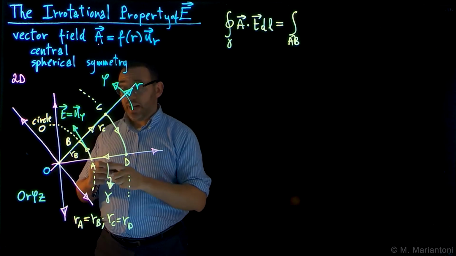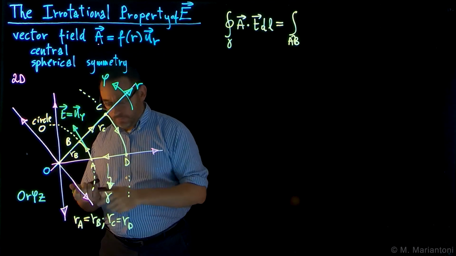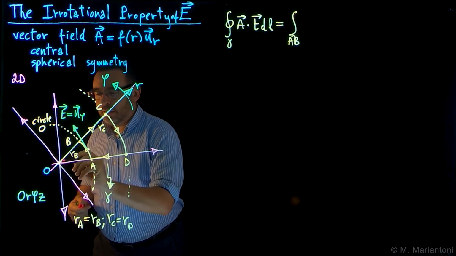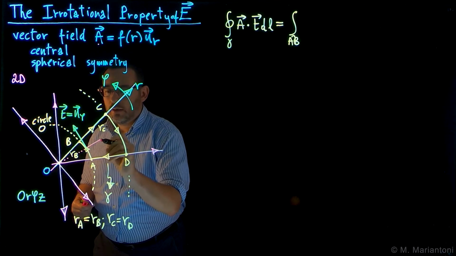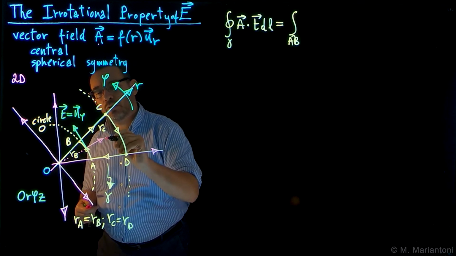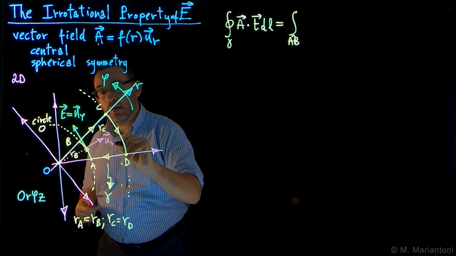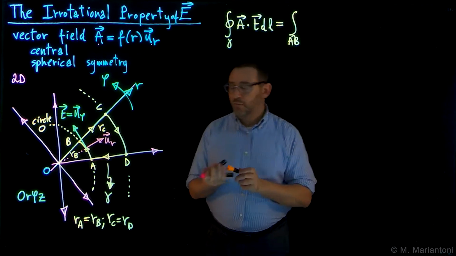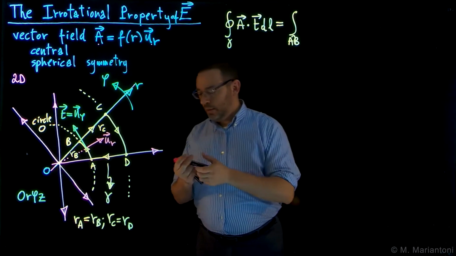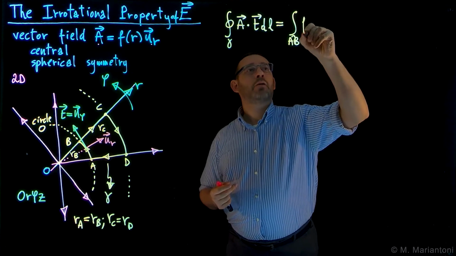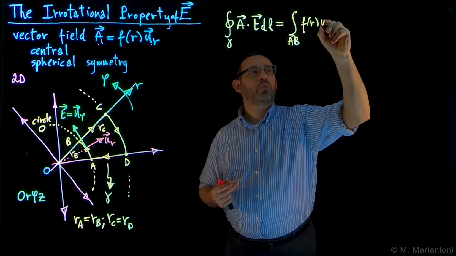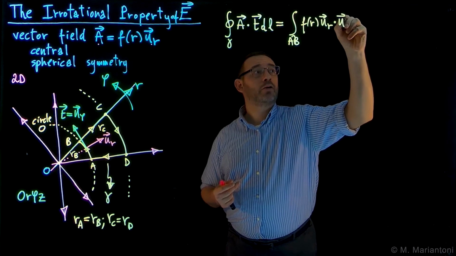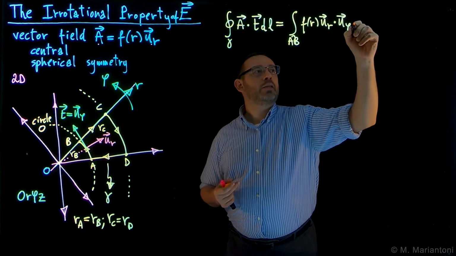Whereas the field A, in this case, is directed as UR, because it's a central field. So obviously, when we do F of R times U of R, which is our vector field, dotted with u bar phi, obviously, this we need to do it,